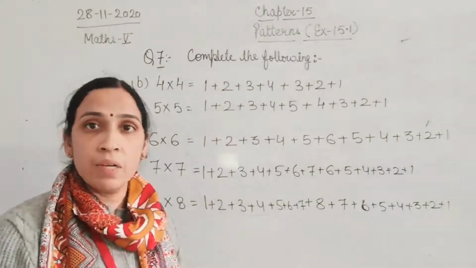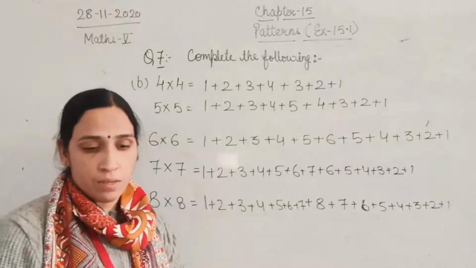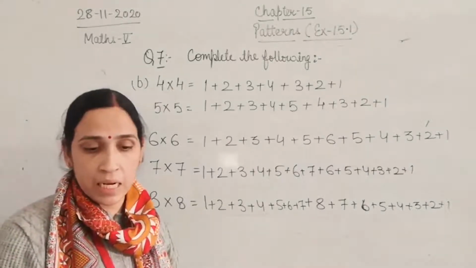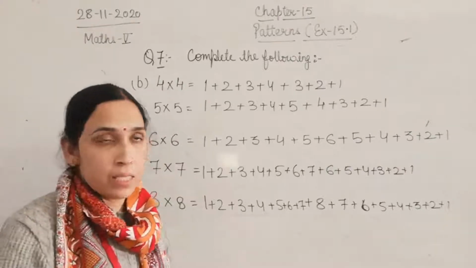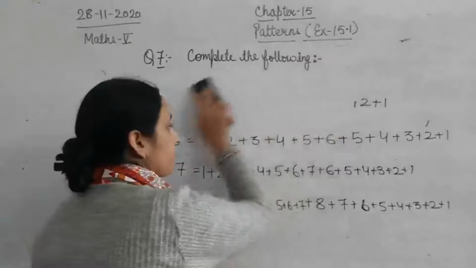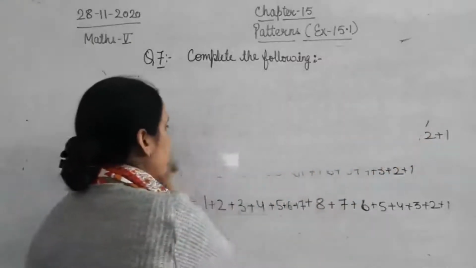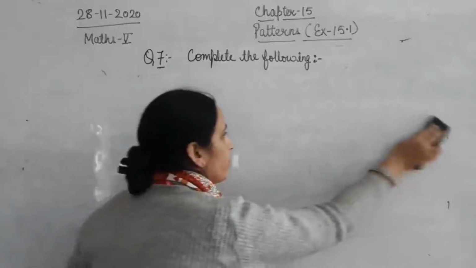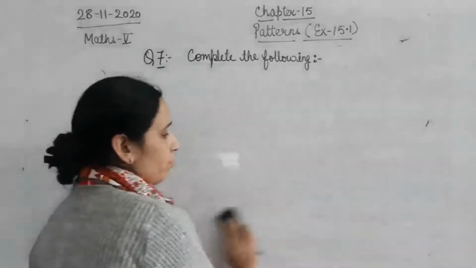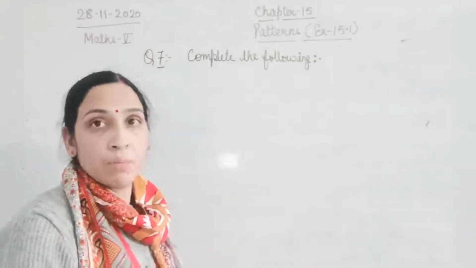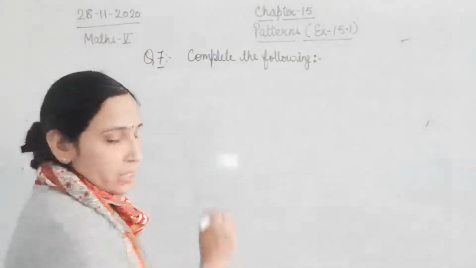Now question 7 is related to following that series only. You will follow that series and then you will find the answer. So that is your C part. Let's see how we will do that C part, and then we will come to question number 8. Now C part is